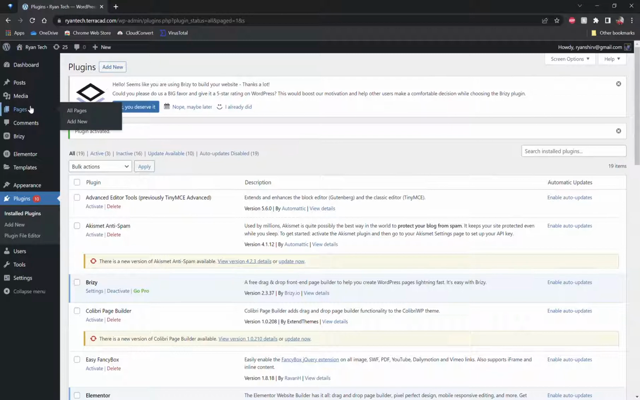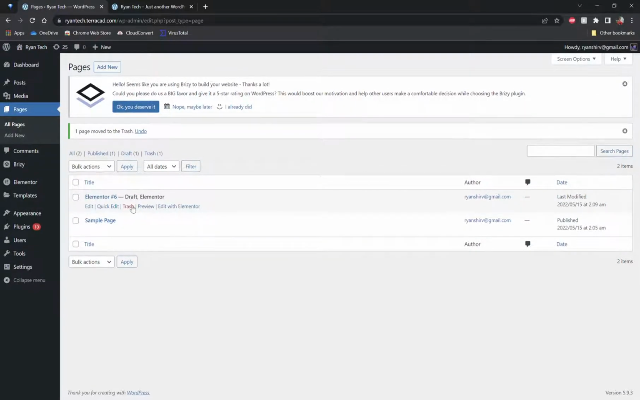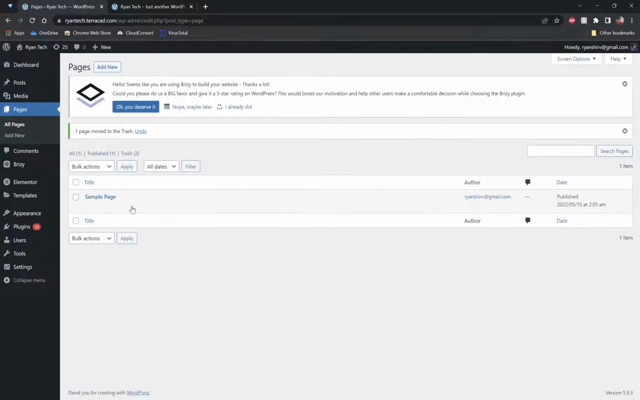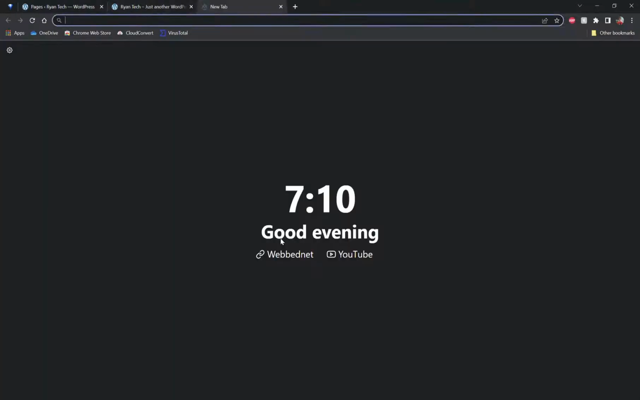but now we want to actually create a new page, because right now if you go here, these are our pages. We have a sample page, which is the default page. We have a privacy policy, which I don't really need for these purposes, and Elementor just created a sample page for us. But yeah, this is our default page. We want to put this in the trash as well. So now we have no pages, and if you go on our website and refresh,